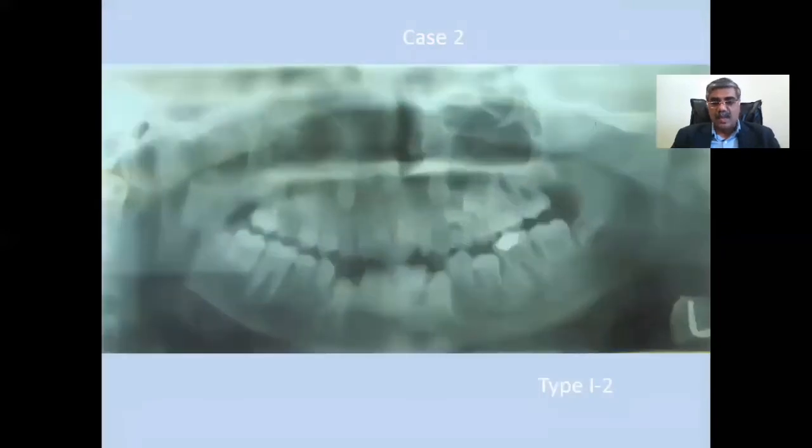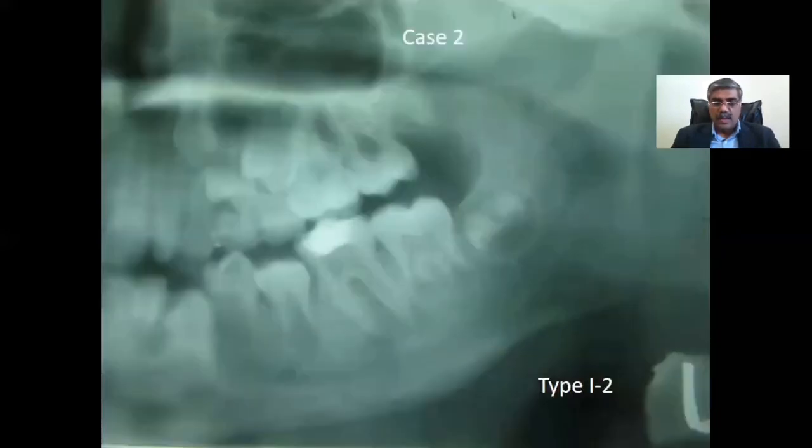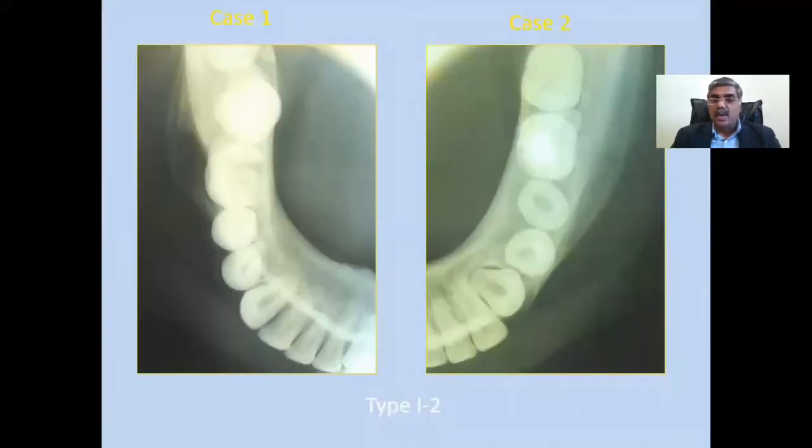The second patient, again we will have a closer look. The temporary filling is in place, and there is periapical radiolucency over the mesial and distal root, and there is a fusiform bony swelling outside the cortical lower border of the mandible. The occlusal view of the same patient showed